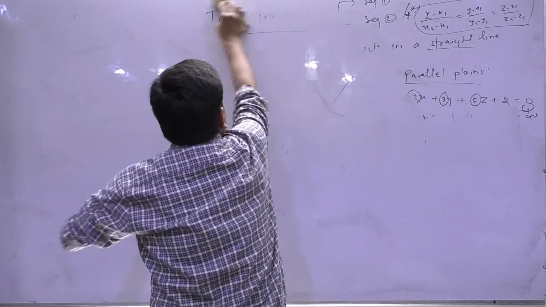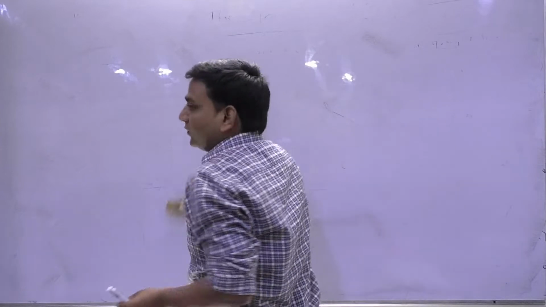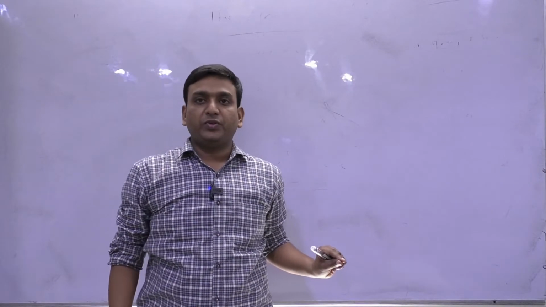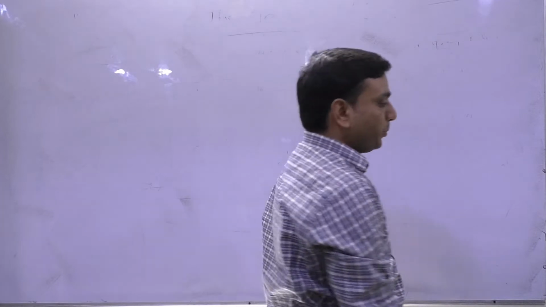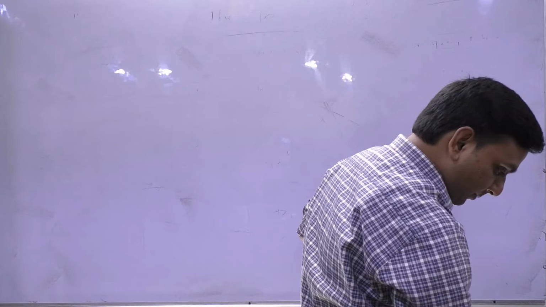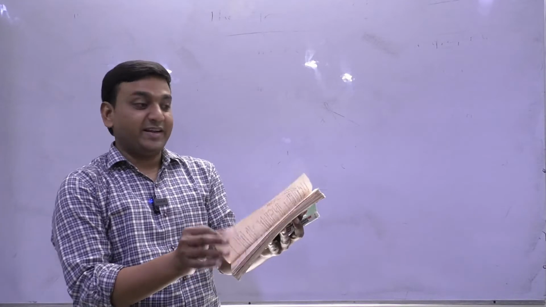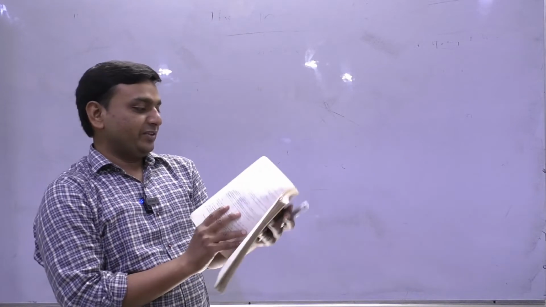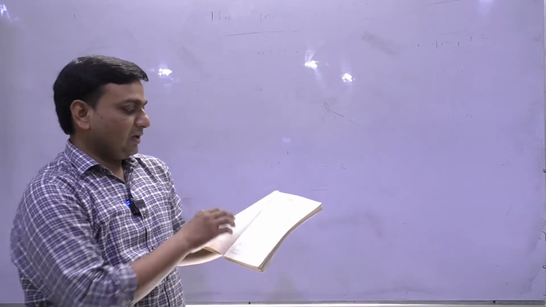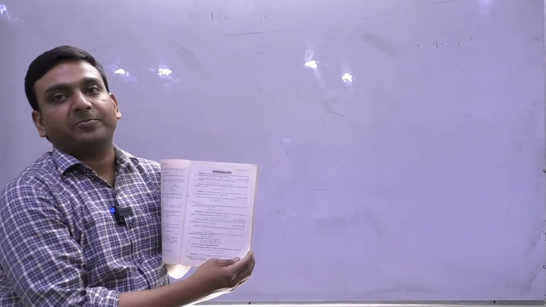Okay children, now what I am going to do is use whatever I told you here to solve some problems. Let me just take one example. You people are suggested to read chapter 4. Everything I have made clear: visualization, symmetric form of a straight line. Now using that information you can solve these examples. Page number 69.